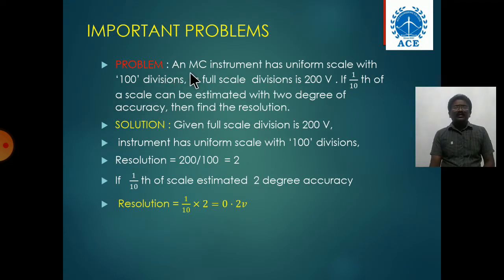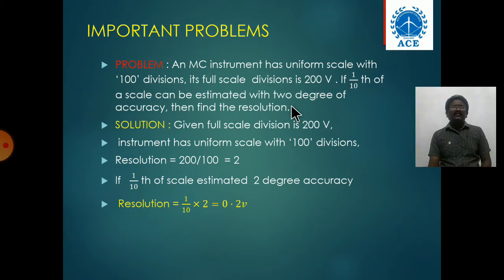An MC instrument has a uniform scale with 100 divisions. Its full scale reading is 200 volts. If 1/10 of the scale can be estimated with 2 degree of accuracy, then find the resolution. So here you have to find the resolution